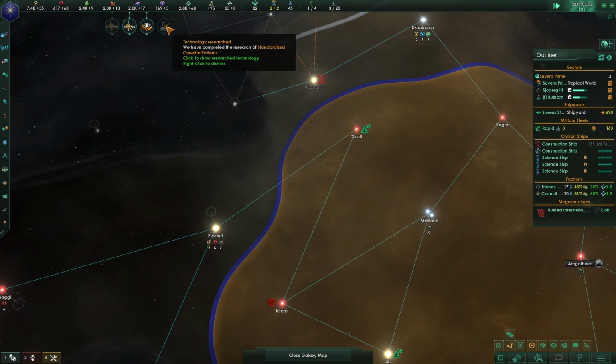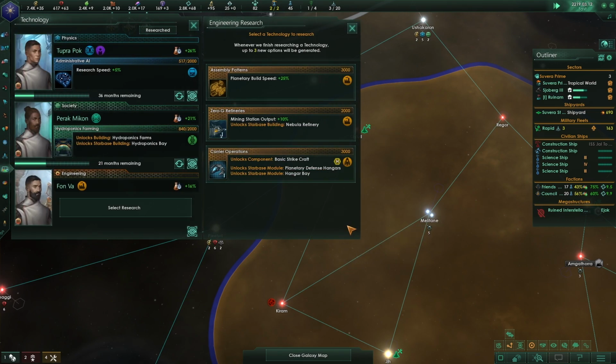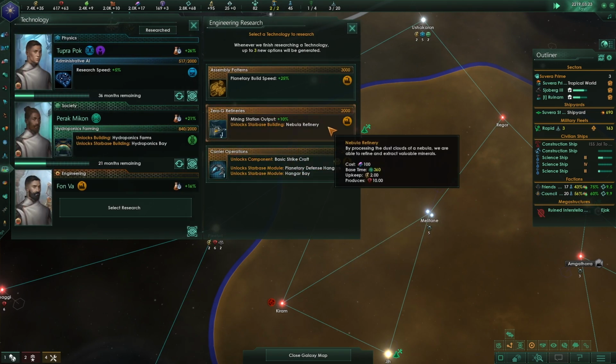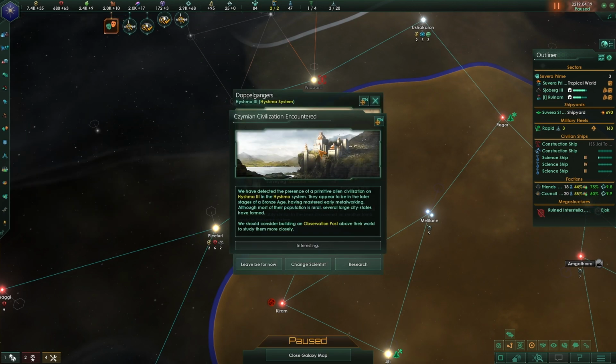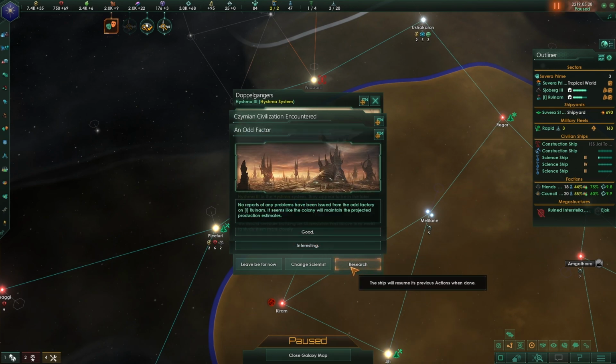Build the star base there. Corvette build speed cost and all that stuff. Mining station output. That's very nice. Need that. Okay, the Serenian civilization encounter we have detected. Yes, we know that. An odd factory. No reports of any problems have been issued from the odd factory. Okay, so